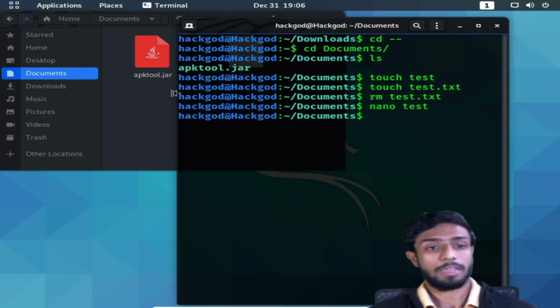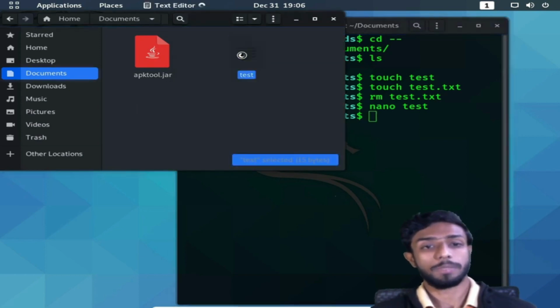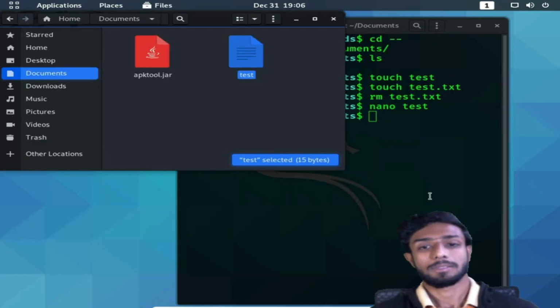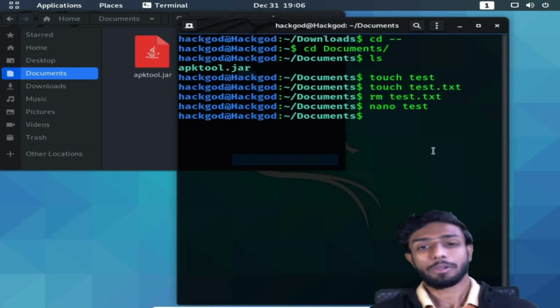Now, if I come here and open this, if you see, it's written, hey everyone. So this is how we can edit files. Other than nano, you can also use mousepad. Mousepad is the application name actually. That's it. So we learned how to create a file, how to remove it, how to delete it, how to edit it,